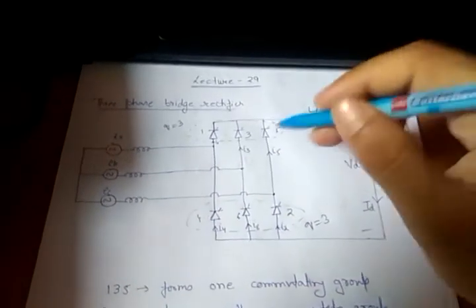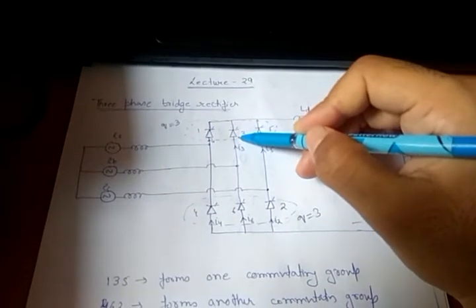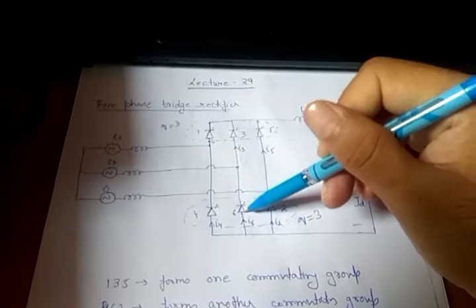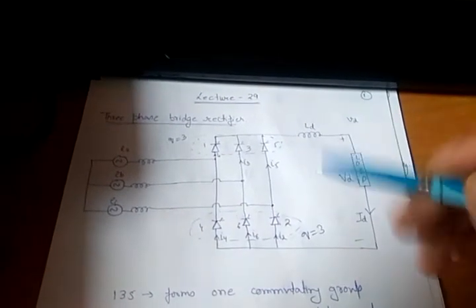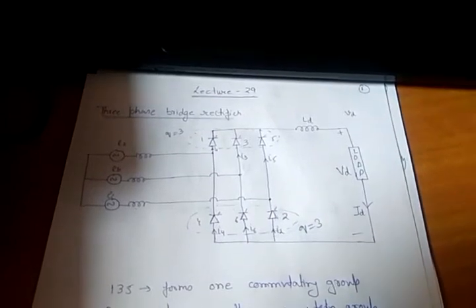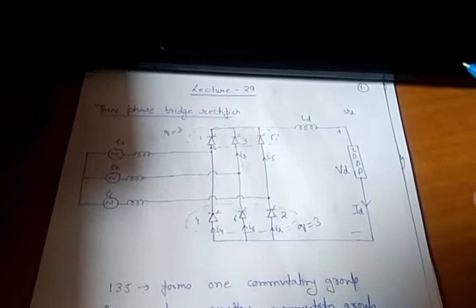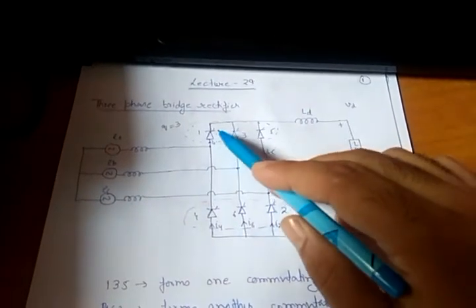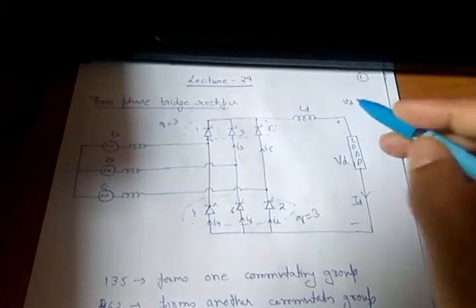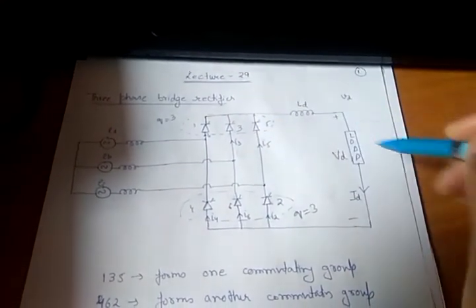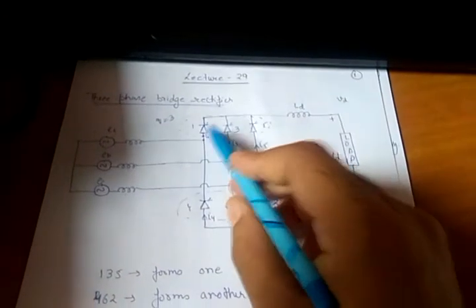But this is an ideal condition. When this turns off, this turns on, instantaneously. But you know, there is an inductor in the system. The current in a valve cannot reduce to 0, or increase instantaneously. So what happens for some angle or some time? Because on the x-axis we draw the waveform with respect to angle, we say that for some angle both the diodes will conduct.